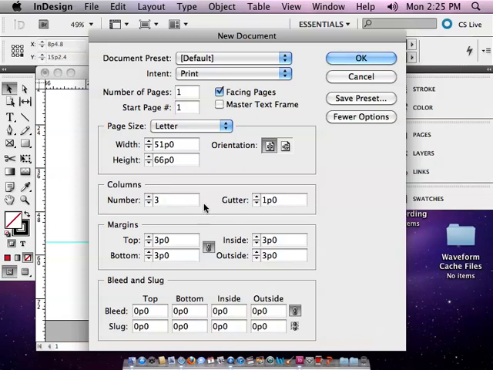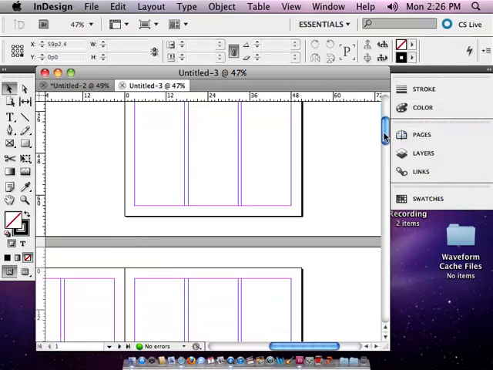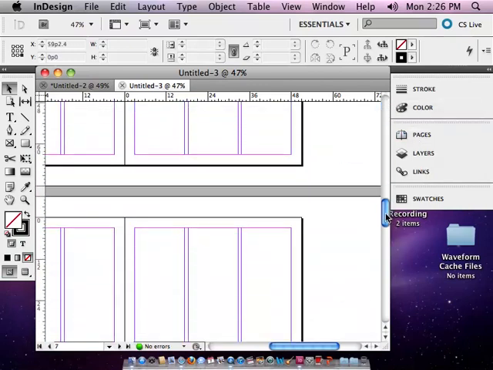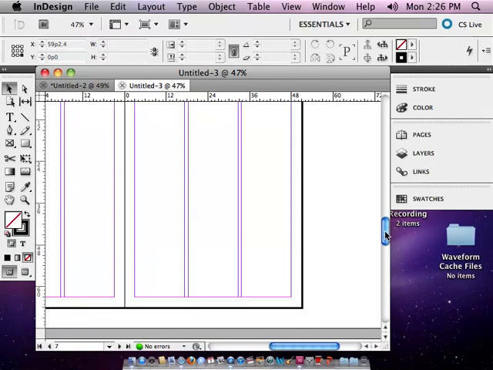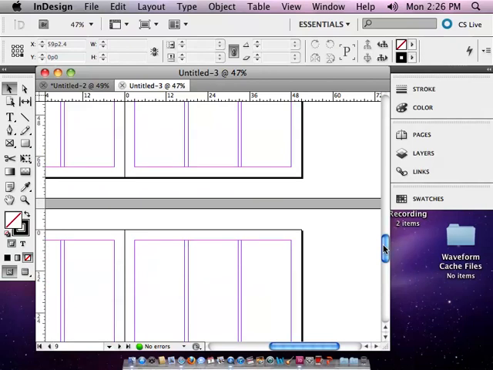For instance, if we create a document that has 10 pages, we have 10 pages here. If you click OK, this is the new document that I created. As you can see, it has 10 pages, and every page has 3 columns. Okay, that's the first way to do it. You create columns when you create a new document. The second way to do it